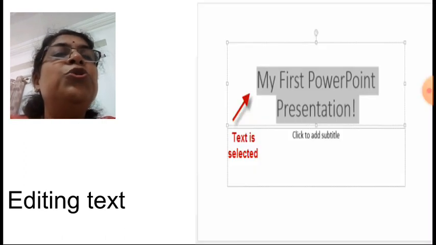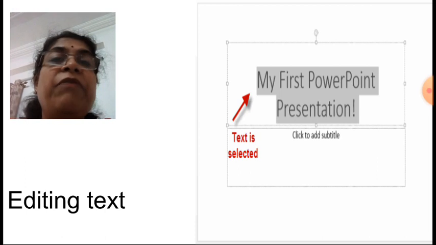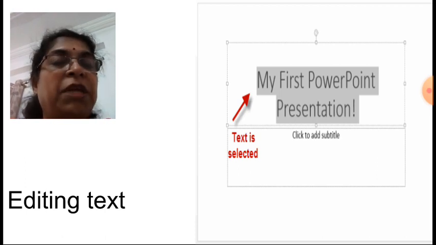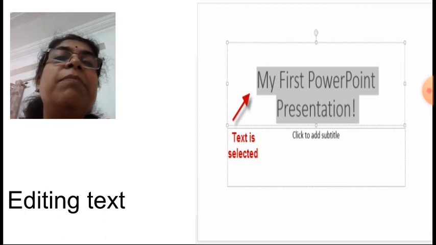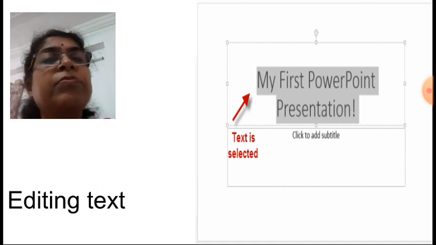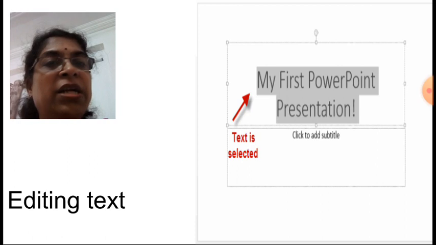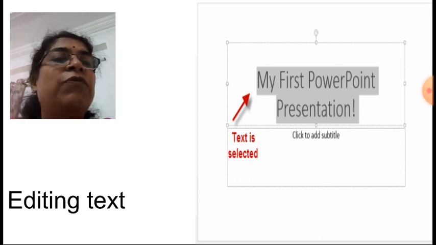Like this. Now suppose you want to select the title. So again this is the title and subtitle slide, and you want to select the title. So highlight the title the ways I told you, that is shift key plus right arrow key, or press the mouse left button, keep it pressed and scroll over the sentence, or a word which you want to highlight. Okay, after this, whatever changes you want to do for the text, you can do. That is, you can change the font style, the font itself, the color, and you can change the size of the font.